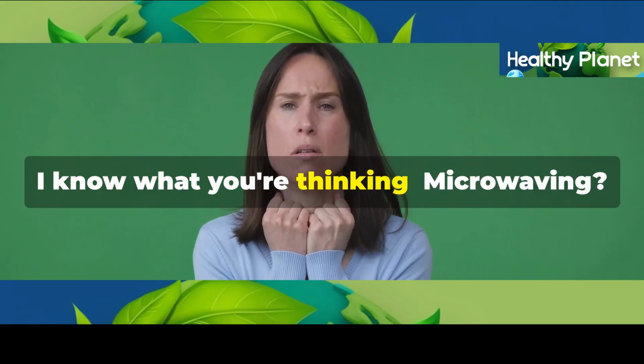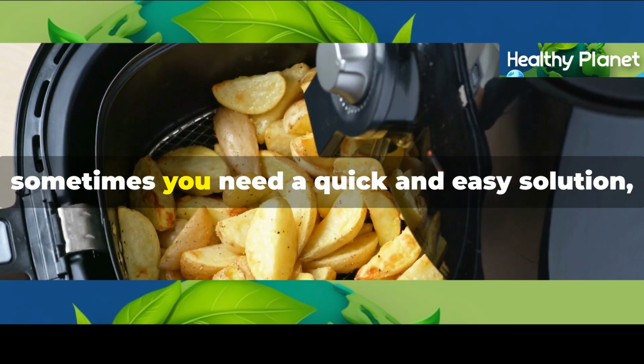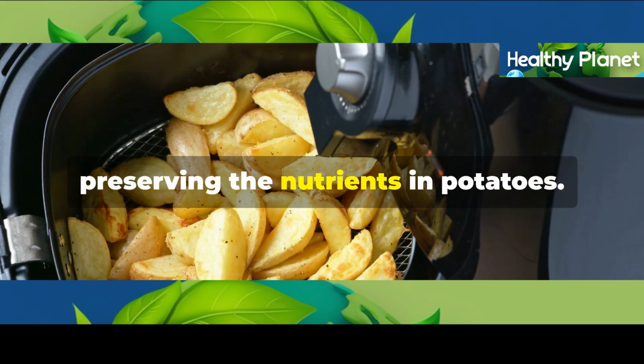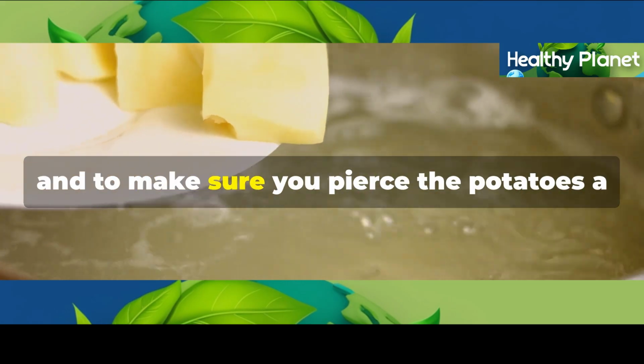Now, I know what you're thinking. Microwaving? Really, Gordon? But listen, sometimes you need a quick and easy solution, and microwaving is surprisingly good at preserving the nutrients in potatoes. The key is to use a microwave-safe dish and to make sure you pierce the potatoes